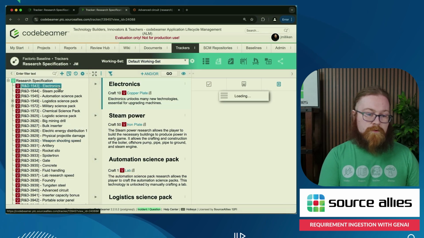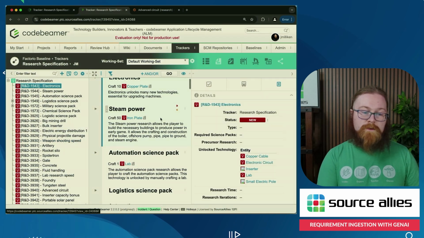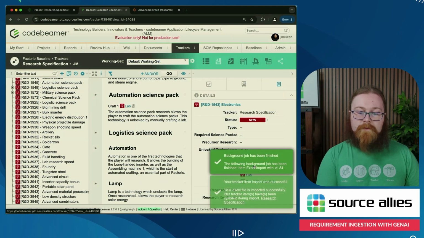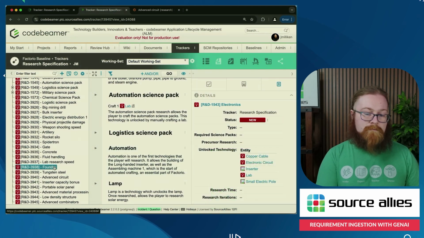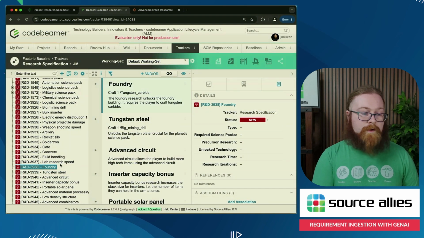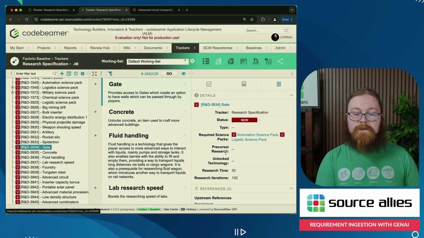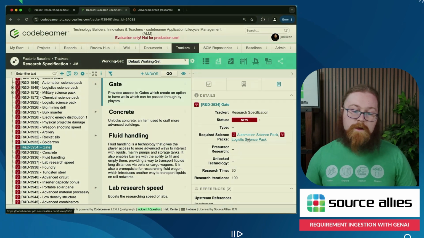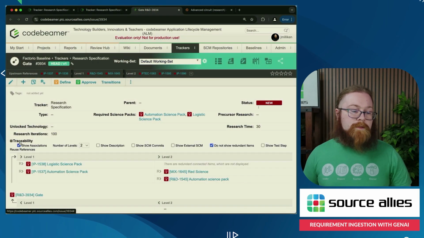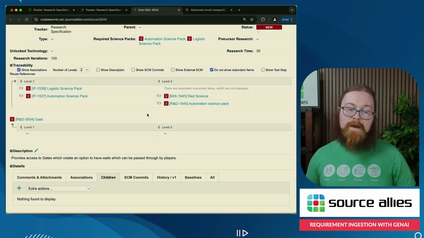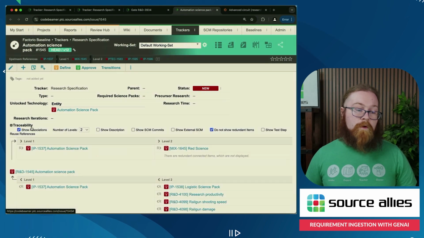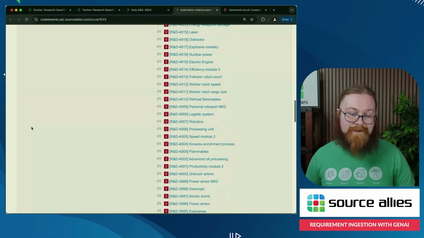It is a partial, so if we look here, we can already see the descriptions. These weren't here before. They are now here. They are all filled in, and they all have references to their other entities. Like a foundry, that one doesn't have information because we don't have the other tracker items made, but let's look at a gate. Here it is. This is an automation science pack, logistics science pack, these two numbers, and if we were to go further into it, we could of course get the traceability, and now that it has been properly linked to all the other entities,